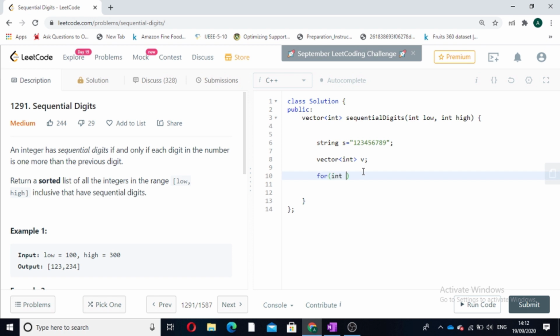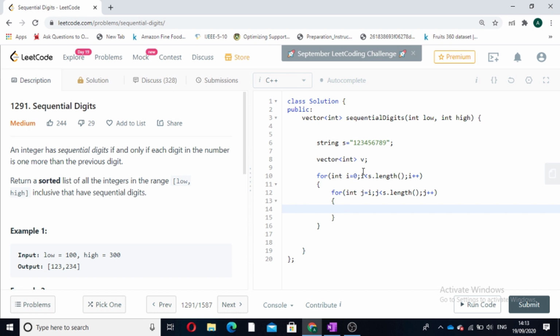So what we will do, we will loop through the string, i from 0 to S dot length, i plus plus, and a second loop for the end of the substring, j equal to i, j less than S dot length, j plus plus.